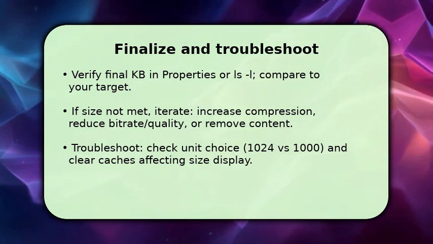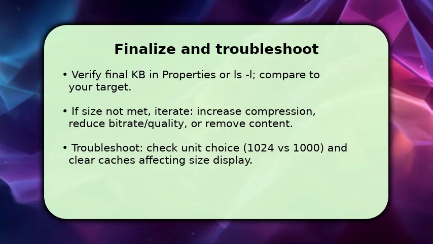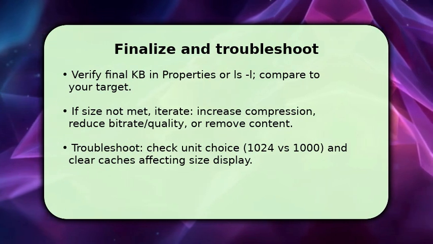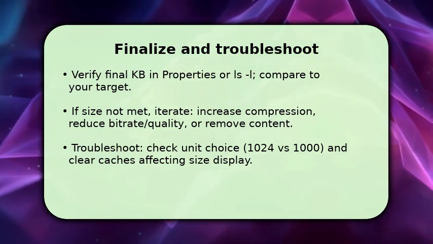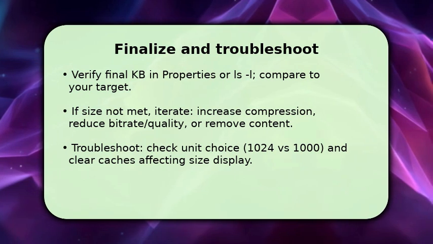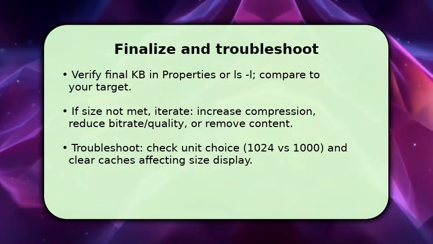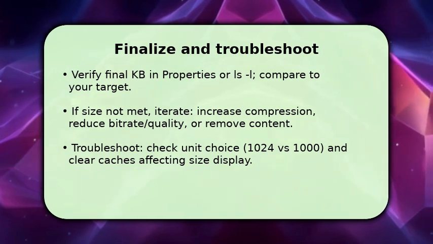Increase compression, lower bitrate, reduce dimensions, or remove non-essential content and re-export until you hit the KB target. If numbers look off, make sure you use the correct unit, 1024 versus 1000, and clear any OS caches or refresh the file listing, because